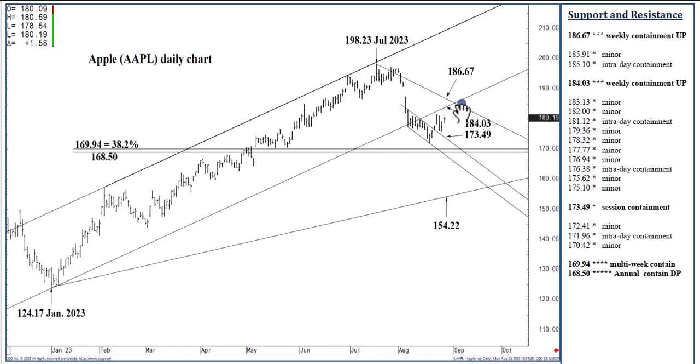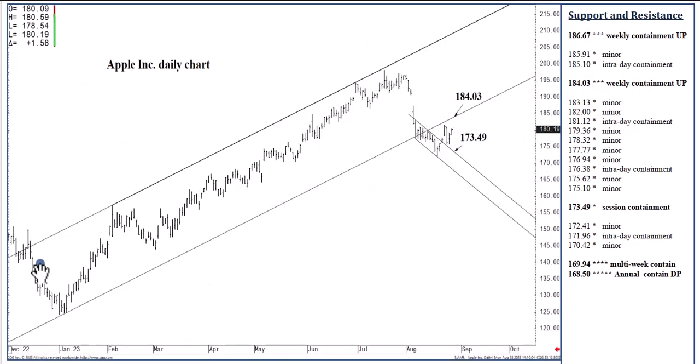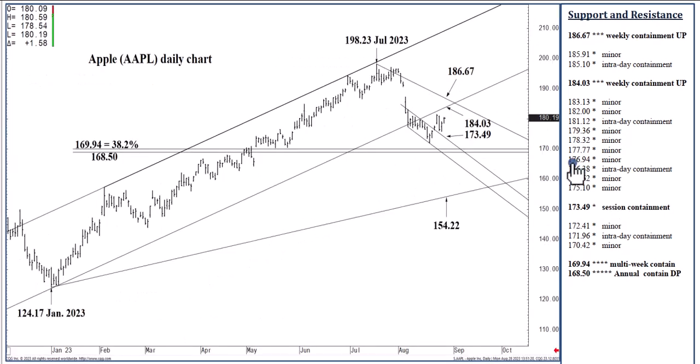This channel bottom able to contain buying through next week, and once tested, we can fall back perhaps to 168.50 over the following 2 to 3 weeks, where we could bottom out through the rest of the year. And in fact, the sell-off, as I've been saying, or the weakness that's anticipated below 184.03, expecting 168.50, is itself